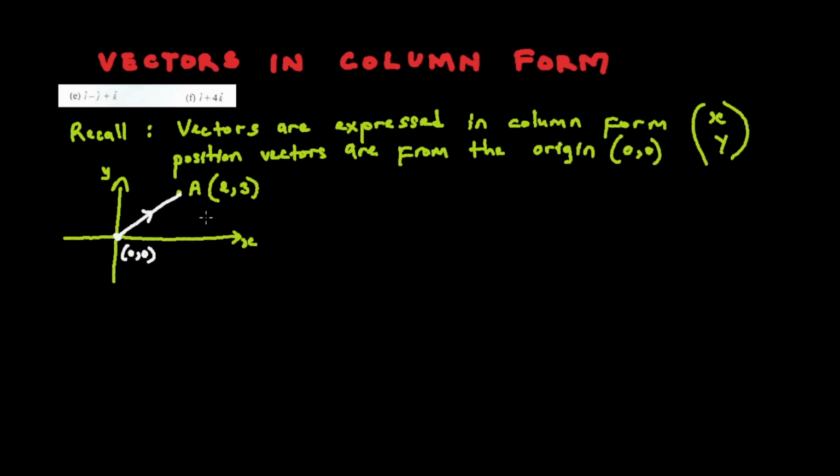Then the position vector panapa OA, which is written like this, is going to be equal to, remember the column formed xy, kureva kuti inenge iri 2, 3, like that. Saka this is how we express that vector, that position vector in column form. But I want us to